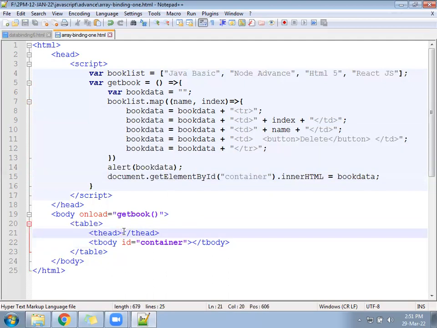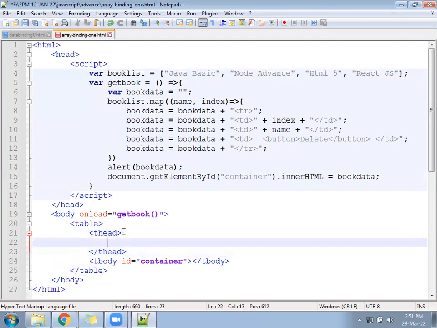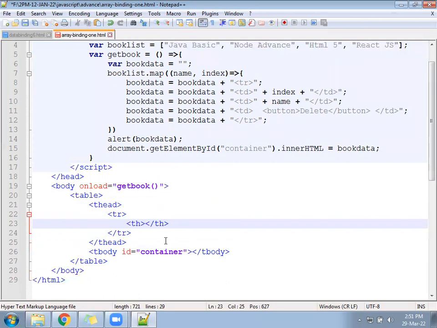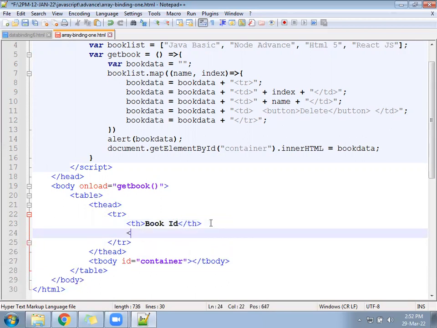Under the T head, you will write one TR, and this TR will be a fixed TR. Its data is not going to change. So the first TH should be book ID. Second TH should be book name.